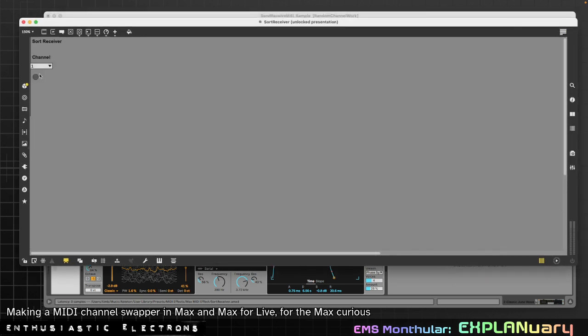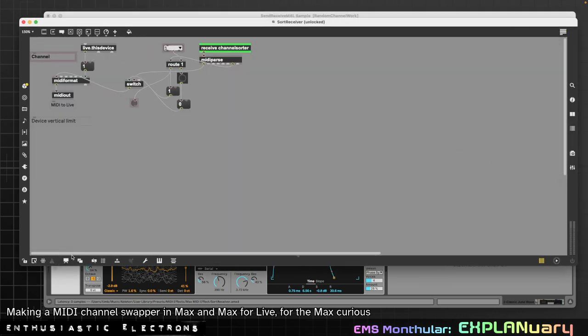Okay, let me just quickly explain this. So this is now the MIDI format. Over here it says the receive channel sorter, MIDI parse. It's breaking that information up again, and this is all the information that's going in. The parse, this is the MIDI channel, and so now I'm saying route, and it's going to select just like before. It's now going to route